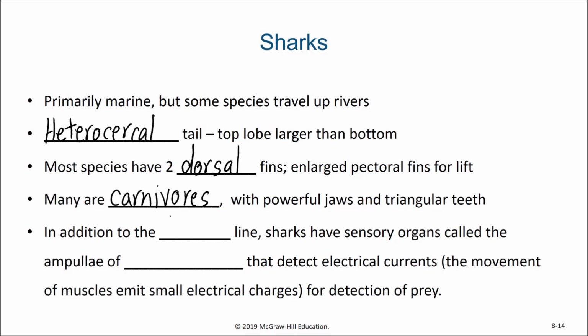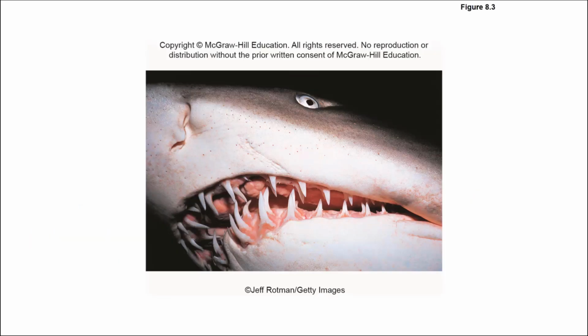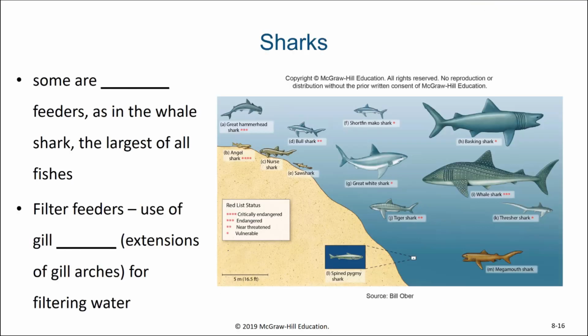Sharks have a lateral line, which is a sensory system that we'll see in many types of fish, yet they also have these specialized organs in their snout, known as the ampullae of Lorenzini. This structure allows sharks to detect electrical currents in the water that often may be emitted by small prey. So here we see a picture of a sand tiger shark, showing off rows of triangular teeth and openings of the ampullae of Lorenzini that would detect those electrical signals. But there is variety in shark diets, with some sharks being filter feeders.